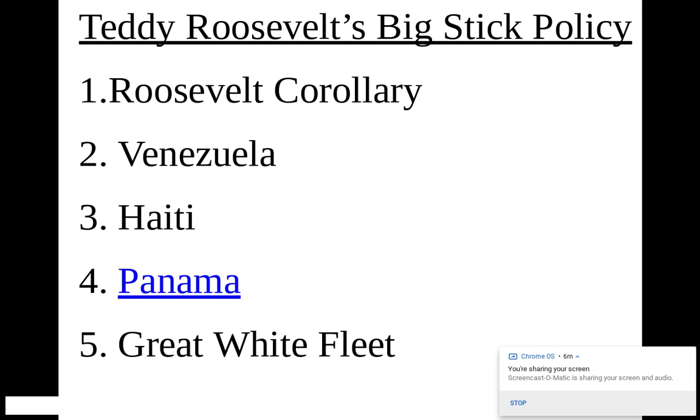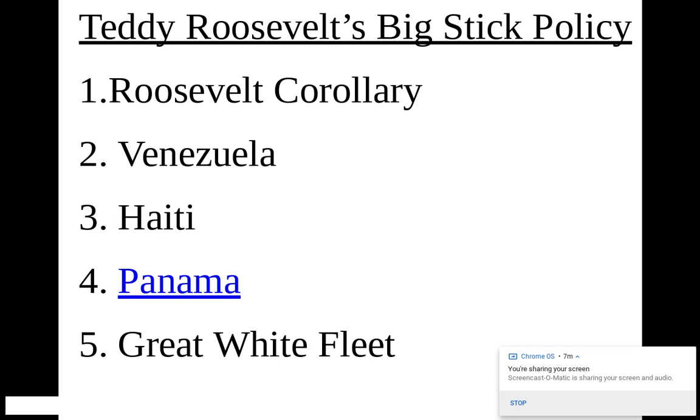The Roosevelt corollary, the way that I always teach this, is that it's really a simple thing to understand. Just think of the Monroe Doctrine and add 2 words, or all right, let's say 3 words: but we can. So we will not tolerate European interference in the Western Hemisphere, but we can. So it's an expansion of American power. And of course, this makes sense to you, right? Following the Spanish-American War, of course, Teddy Roosevelt's personal role in Cuba and the Battle of San Juan Hill.